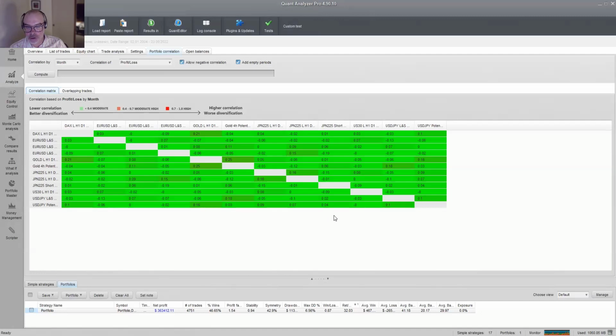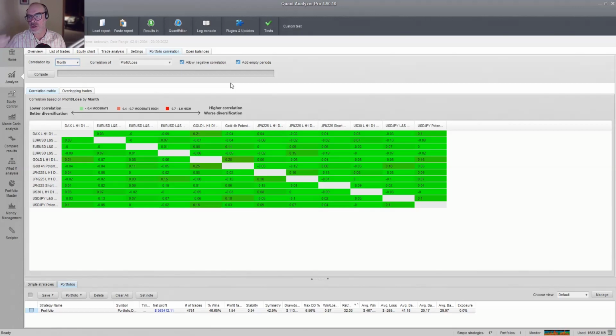we can see how they're either negatively correlated or their correlation is very low. So the highest correlation in that whole matrix is, I think I see a 0.21, which is the highest there between the DAX and the gold for a reason. There's a 0.25 here with two gold strategies. Yeah, so that means that they're a quarter correlated,